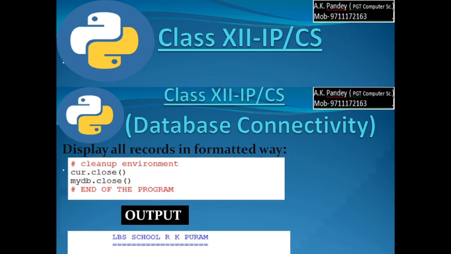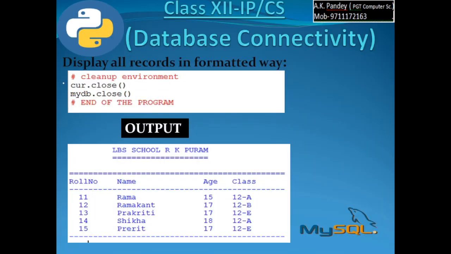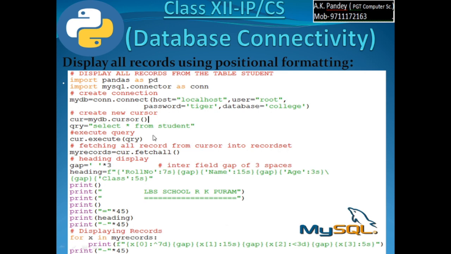Similarly here the values also, sorry, the values print f x of 0, then center aligned 7D, gap 3 characters का gap आ गया, x of 1, that means next one is name in the record set. X is a variable holding the values from a record from a tuple. तो उस tuple में पहला component आपका roll number था, that is coming in x of 0, already told you.